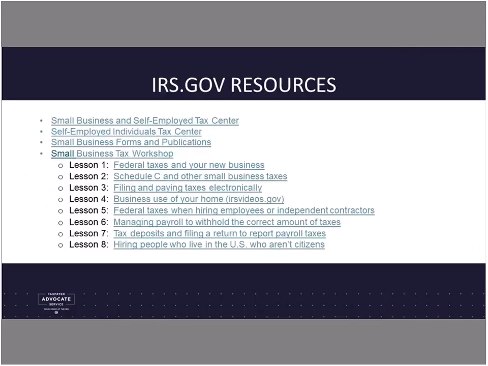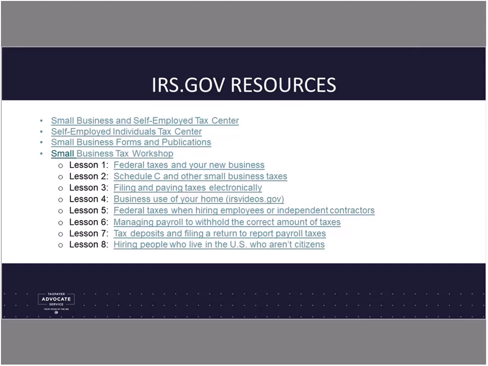This next one is also some other resources. The IRS.gov has several other. This slide lists the 24/7 small business resources for you to access whenever you may need to. The links on the handout, if they're not live, you can go to irs.gov, just search small business or self-employed. There's a small business and self-employed tax center. There's forms and pubs. There are also small business tax workshops available.